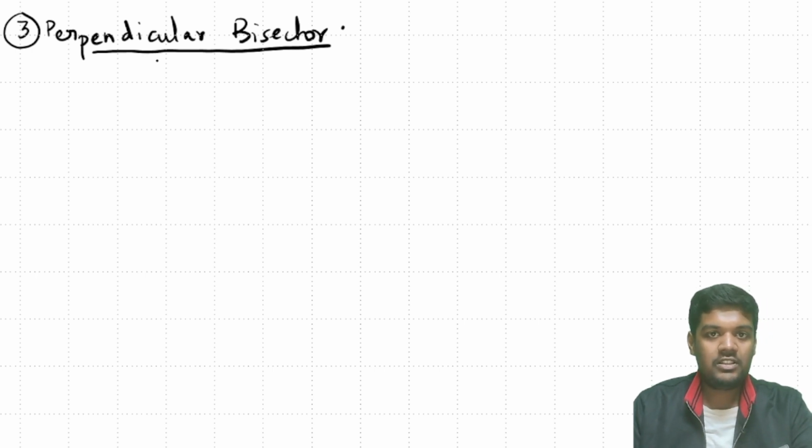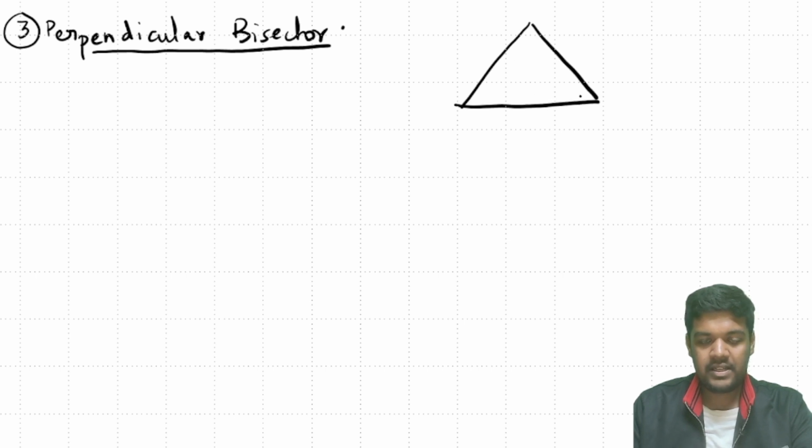Any line which bisects the side and is perpendicular to it is called a perpendicular bisector. So I'm again explaining here. So this is a triangle ABC. If this is my perpendicular bisector to side BC, this is a perpendicular bisector to side AB, and this is a perpendicular bisector to side AC, then this point, the intersection point,